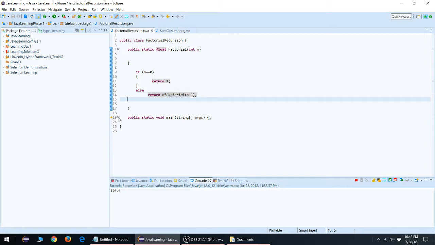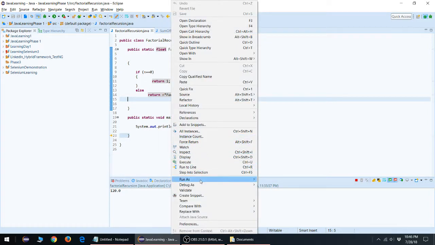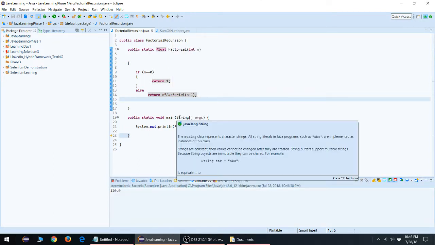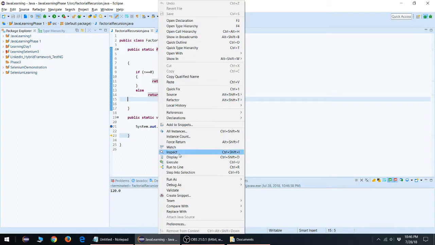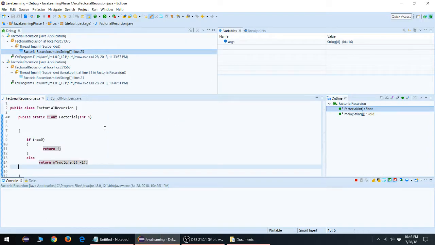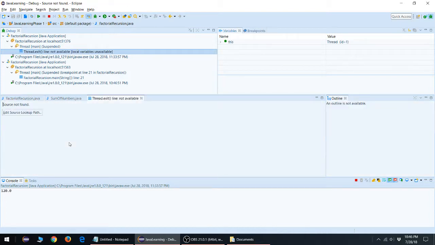So I'll showcase by debugging it, if I try to calculate factorial 5, how it will calculate. Allow me to run this in debug mode and we'll see what happens. I haven't put any breakpoint. Okay, I have put one breakpoint. I'm running it in debug mode. So as we can see, it's in debug mode now. So if I press, say, F5,